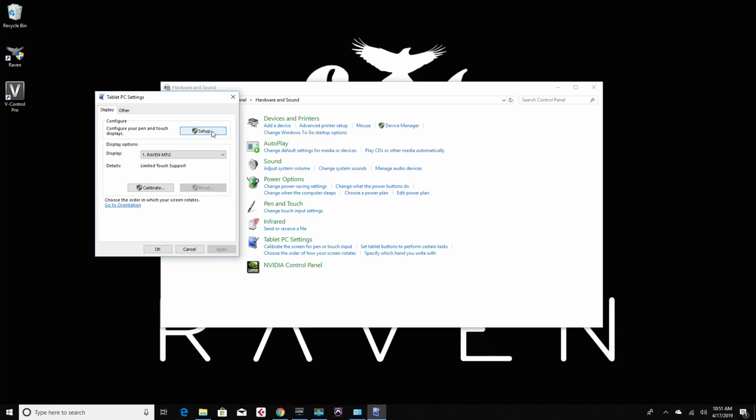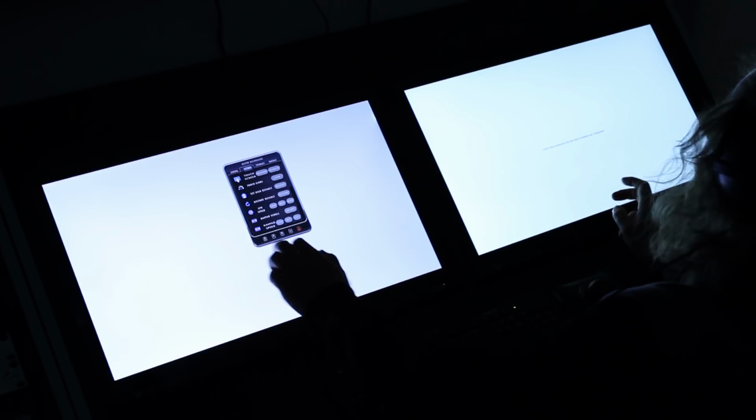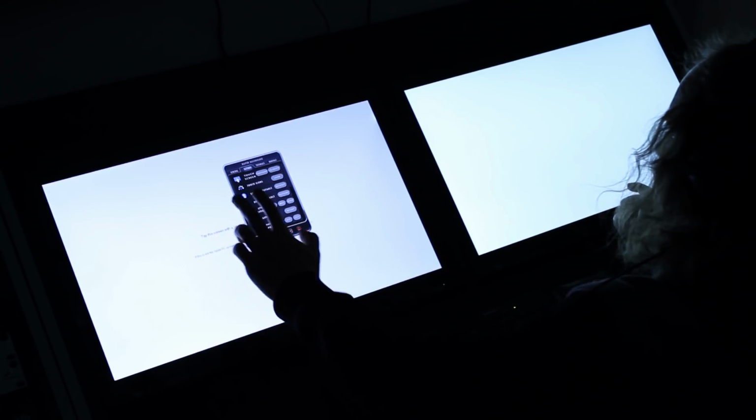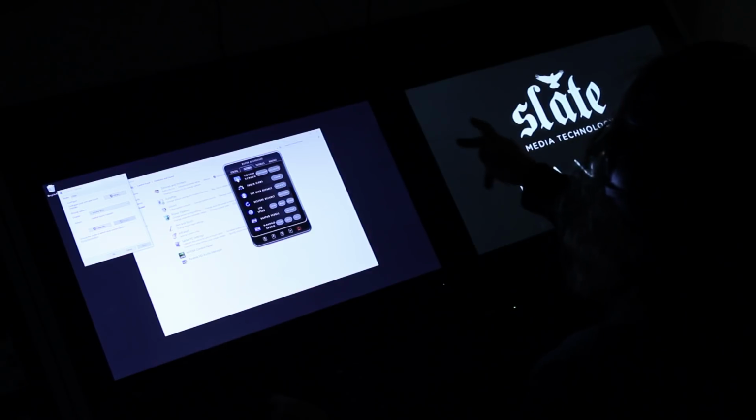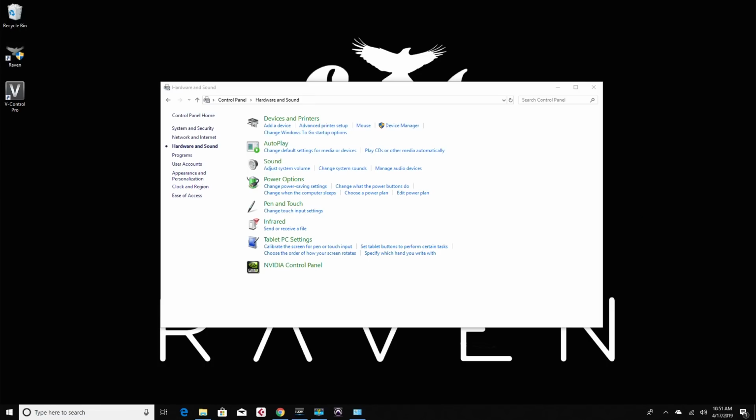This will run users through a couple prompts to detect the touchscreens for Windows. Hit the Setup, and if it's a touchscreen, tap with your finger. If it's not a touchscreen, hit Enter. After this is complete, touch should show up on the correct display. If it is still on the opposite display, users will want to restart the computer.